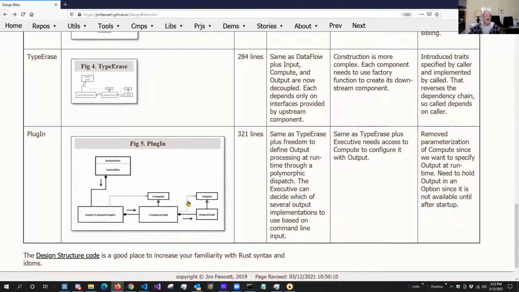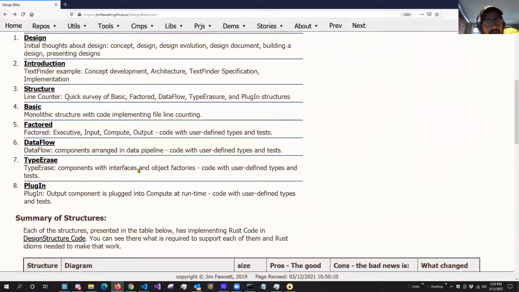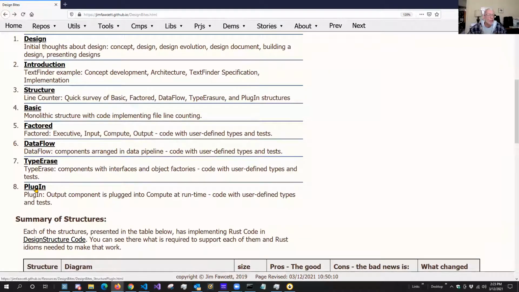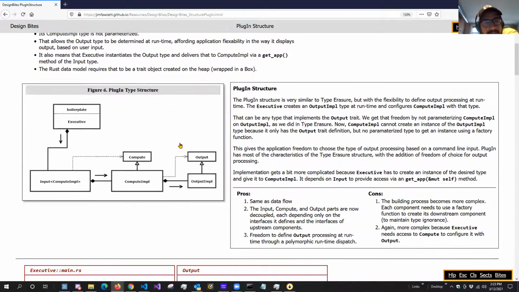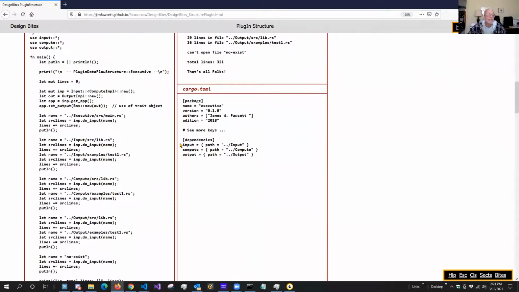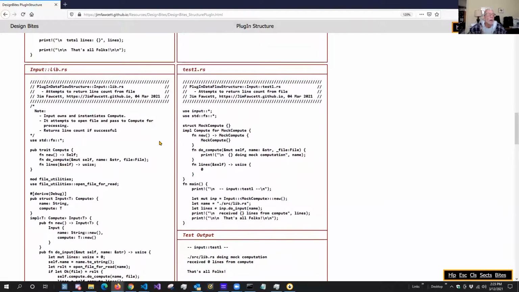Okay. Now what I've done here is for each of these, for example, in plug-in, I have all the code for it. Okay, and we could look at it. So for example,